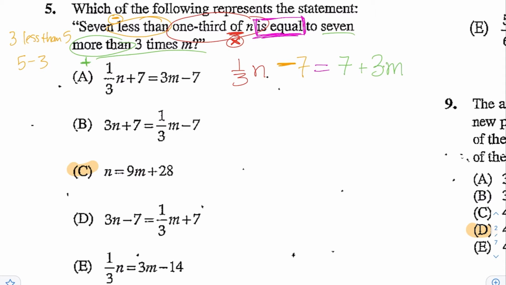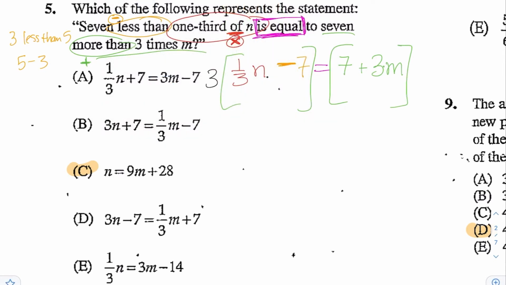So you have to go through all the choices to see which one matches this setup. And none of them looks like this, actually. So you're going to have to rearrange this a little bit to try to match it to one of the choices. We can see that you can multiply everything by 3, because you have 1/3 n here, and none of the other choices have 1/3 n, but you do see a 3n. So maybe that could help you out. If you multiply both sides by 3,